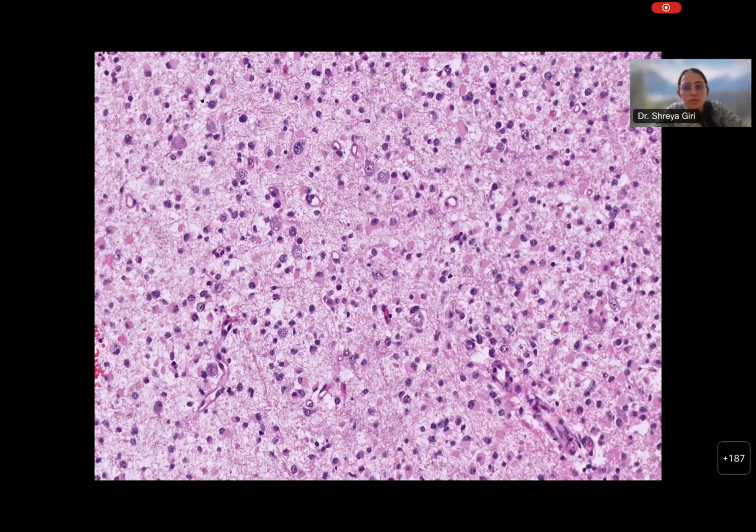I can advise you something when you're describing a tumor. First, describe the shape of the cell. In this field, you can see a tumor with a mixture of cells of varying sizes and shapes. Some of them have dense eosinophilic or plump cytoplasm, and some cells have hardly any cytoplasm. They are not similar to each other. No two tumor cells look similar, with varying sizes and shapes. These are the features of an astroglial morphology, so I'll put it as astrocytic. So when you see a tumor, cellularity,